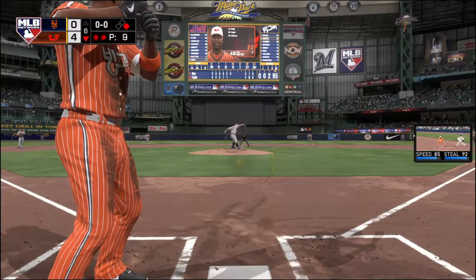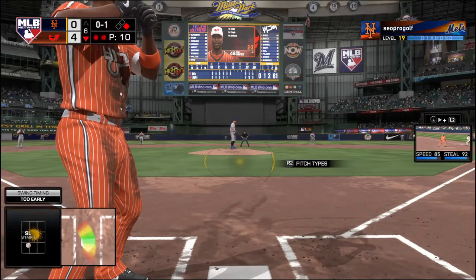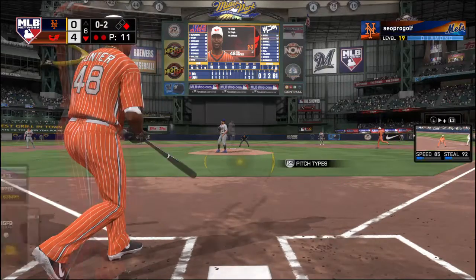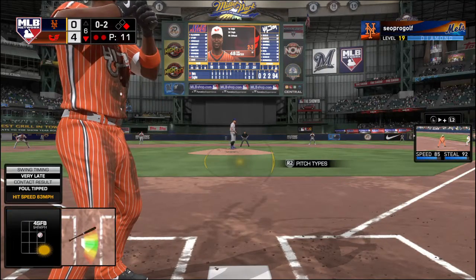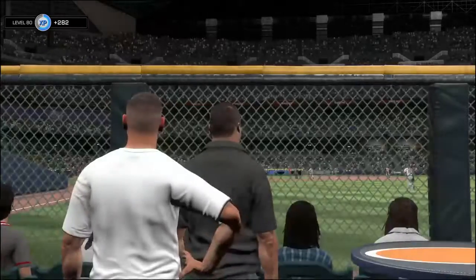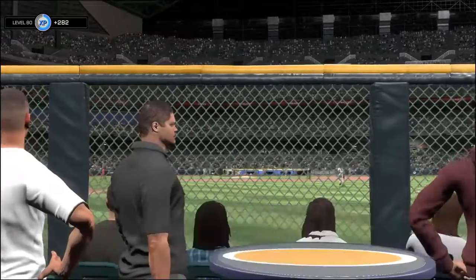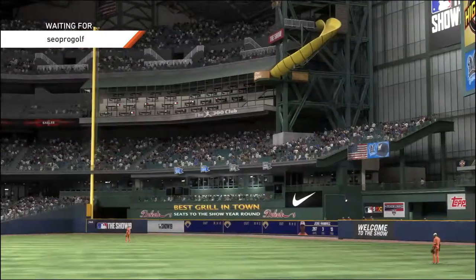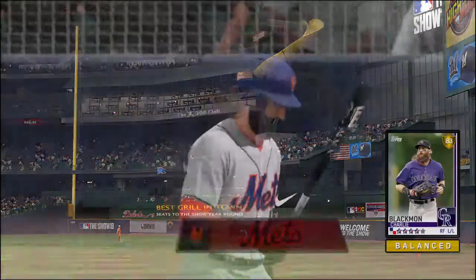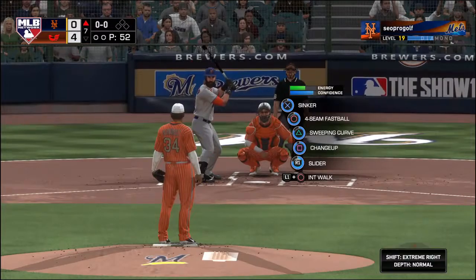Number 48. Good slider there, and he gets ahead of him 0-1. A swing and a miss as he chased with two strikes, and that will retire the side. Back here at Miller Park in Milwaukee. We're off to the seventh inning now, but first let's have a look at our game summary to see how